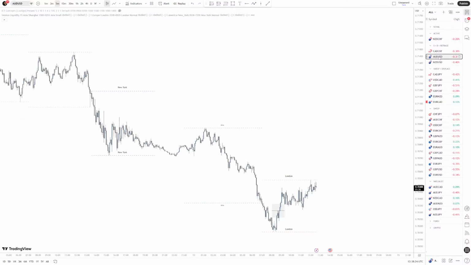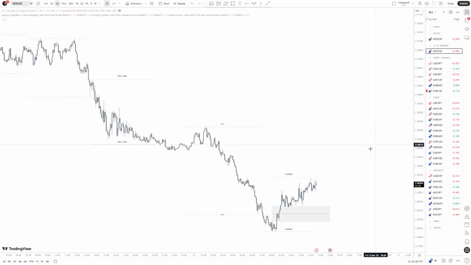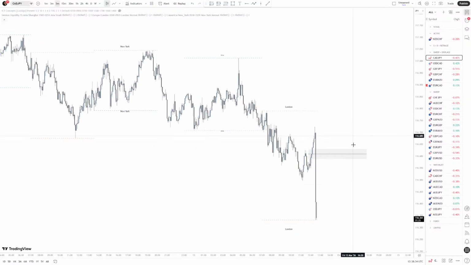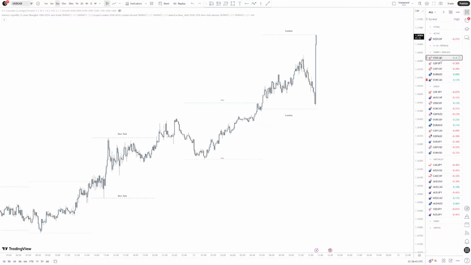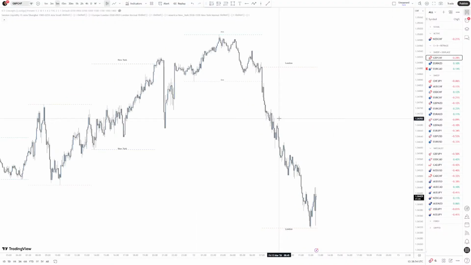AUD, same thing. I wouldn't really want to get into that if it was to come back down. This is definitely not an entry. This is consolidating too much. This is another CAD pair. We were predicting a drop here, and then we're going to see how price reacted, but that's already made its move. And so there we go. USD CAD. Well, not really much we can do about that. That's changed. GBP JPY, again, same thing. Watch list. GBP Swiss franc.